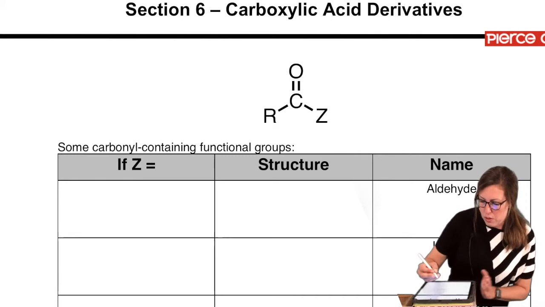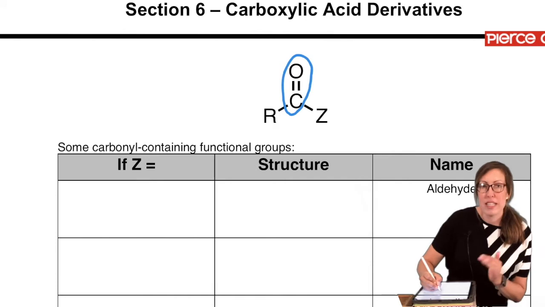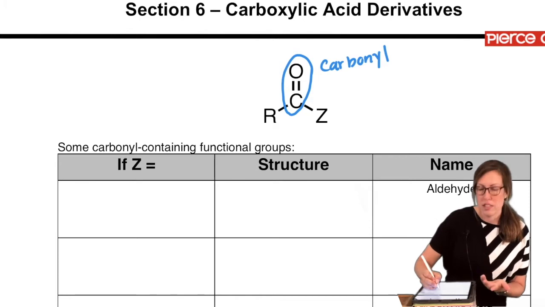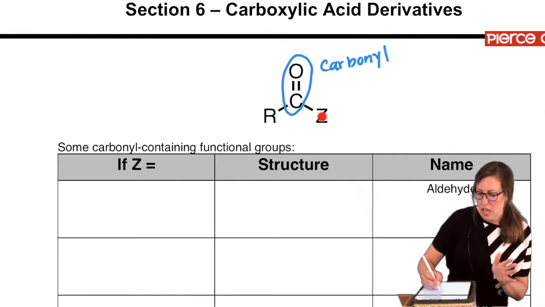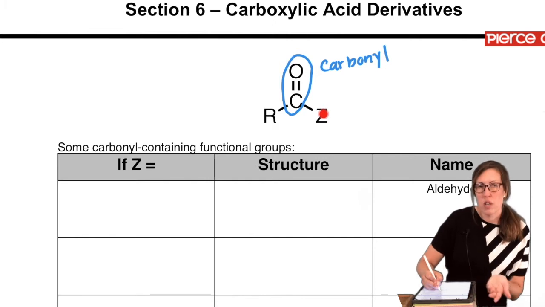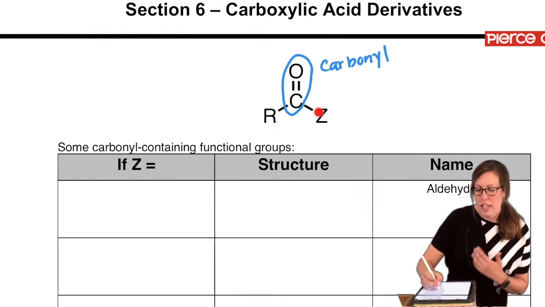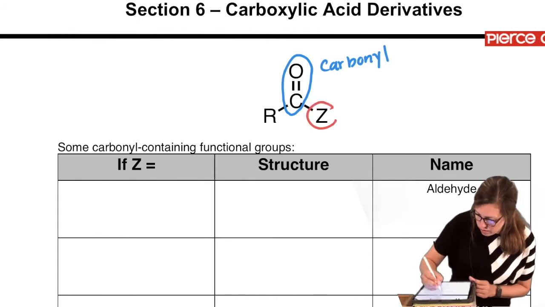So what makes something a carbonyl containing functional group? Obviously, it has a carbonyl. Carbonyl by itself is not a functional group, it's a bond, because it's always part of something bigger that's defined as a functional group. So there's usually that R group here, the organic main chain, but then whatever Z is tells us which of the carbonyl containing functional groups it is, whether it's a carboxylic acid derivative or ketone or aldehyde. So we're going to sort these and remind ourselves what Z could be, at least for this class. That'll be our variable, if you will.